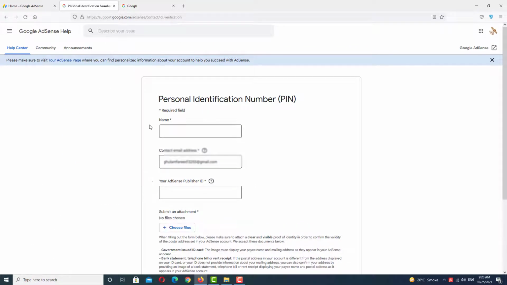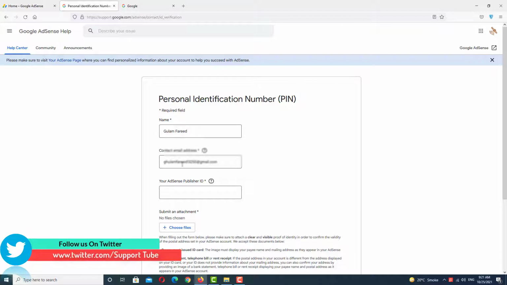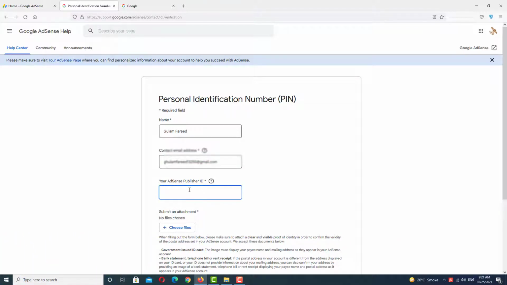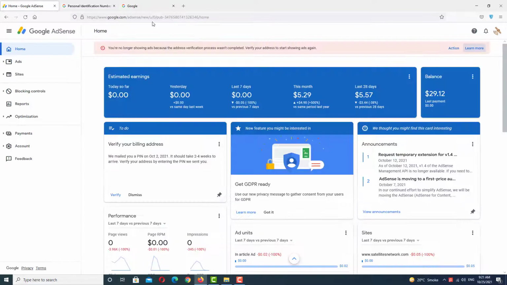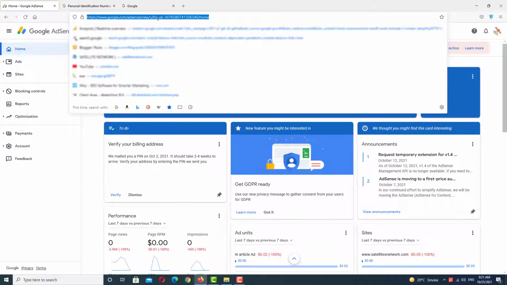Click on it, and here we submit our information. At the top, your name: make sure you write your AdSense name, so I just type a name. After the name, add your email address. Make sure you use your AdSense email. And in the third, you add your AdSense publisher ID. Go to your AdSense and copy this